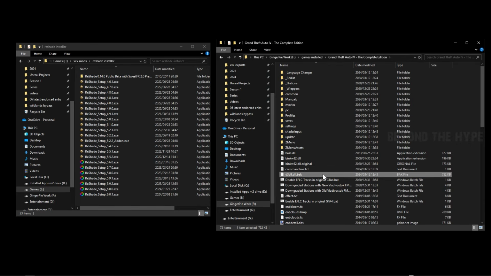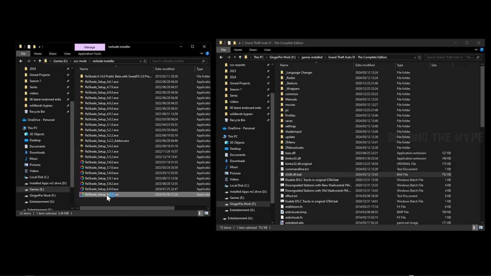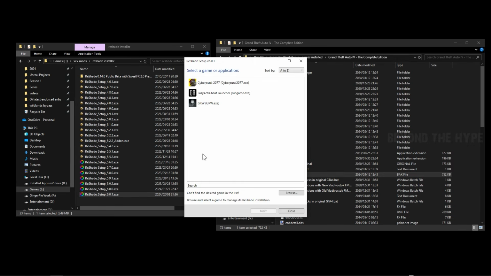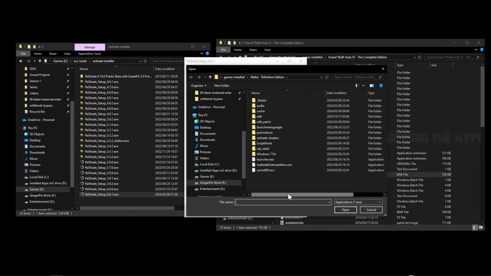Sometimes it asks if you want to rename it and replace the file. You will say yes. Sometimes it just adds like that. Now we can go and open up Reshade. This will come up. We'll go to browse and go to